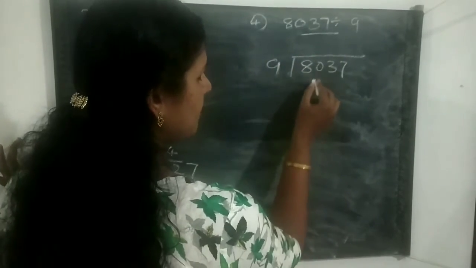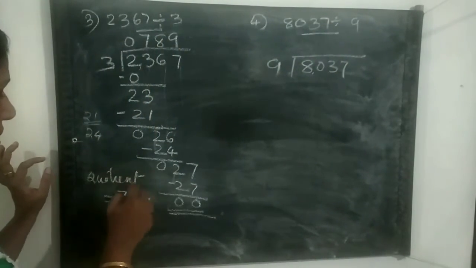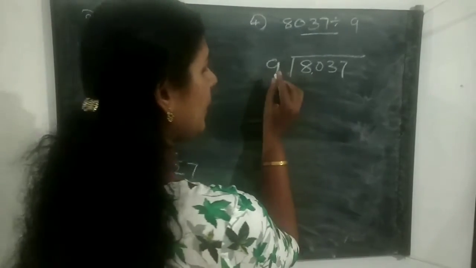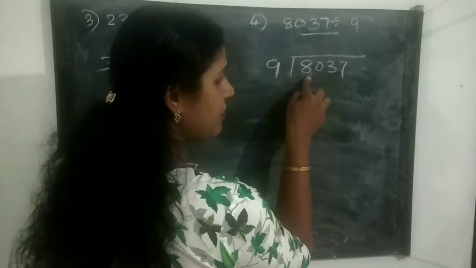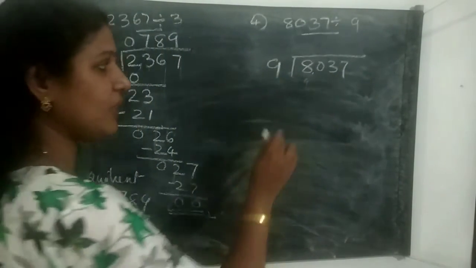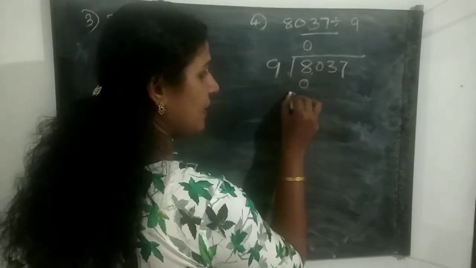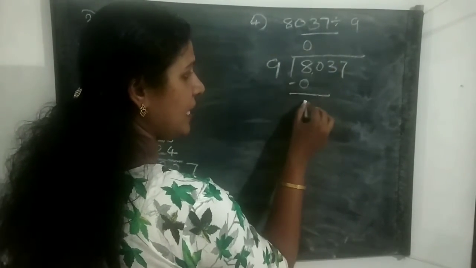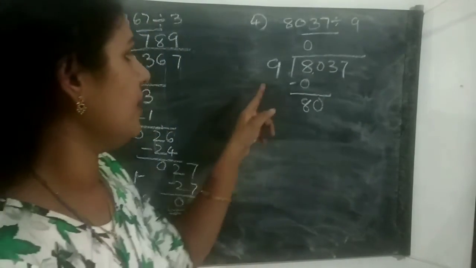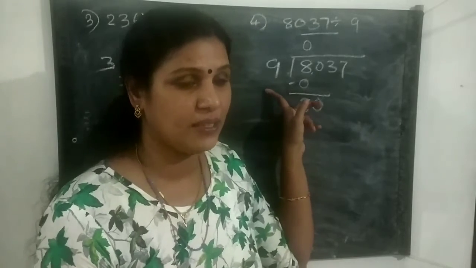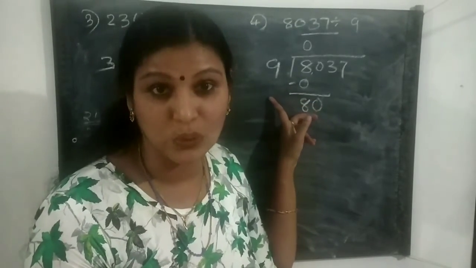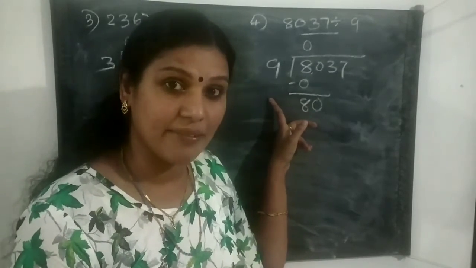Okay. Then the next question is 8037 divided by 9. First we select this number 8. Here the quotient equal to 789 and the remainder is 0. Okay. Here the number 9. How many times does it go? You can't subtract this 9 from this 8. It means that it goes only 0 times. That is, here we get 0 9s are 0. 8 minus 0, 8. Here we write as 0. Then how many times 9? In 9's table, how many times this? That is 9 8s are 72.